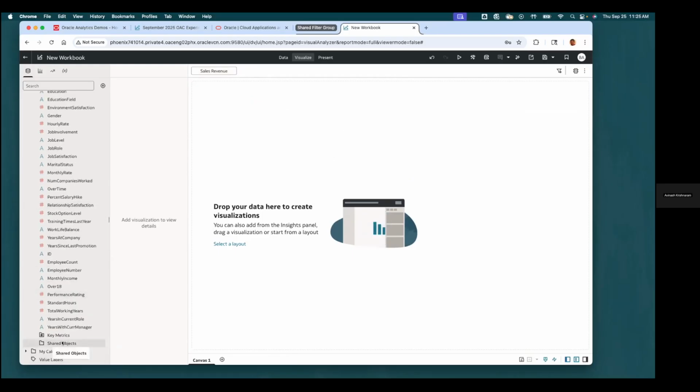I would have expected it to create a shared filter object. Looks like this server has some bugs in it. But the idea being is that once you create the filter group as a shared object, you can save it and it gets saved along with the data set in this example. And any author creating a workbook on the same data set will have access to view all of the shared filters as part of the dataset definition by default.